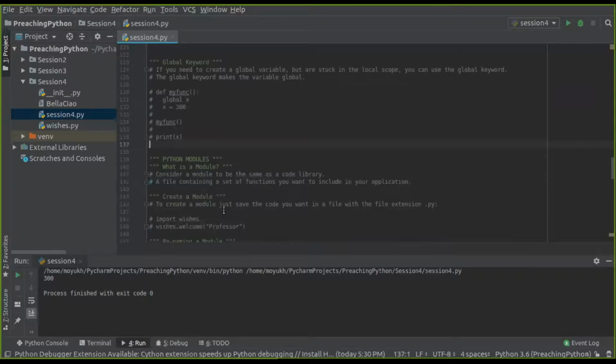Now the next thing is Python modules. Now what is a module? Consider a module to be the same as a code library, a file containing a set of functions you want to include in your application. Let us first create a module. To create a module,